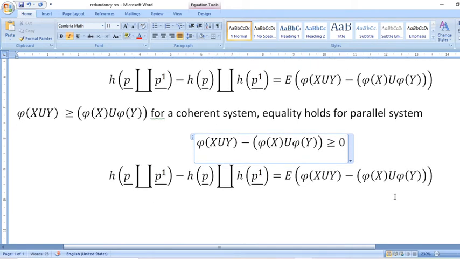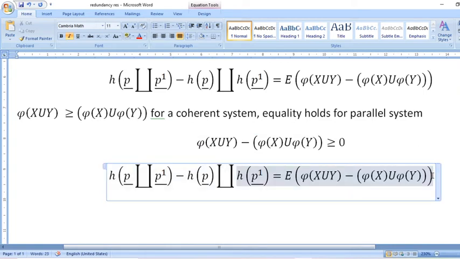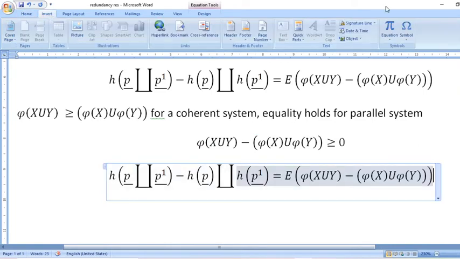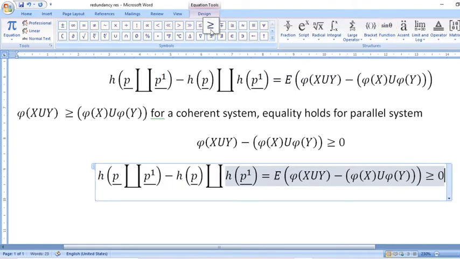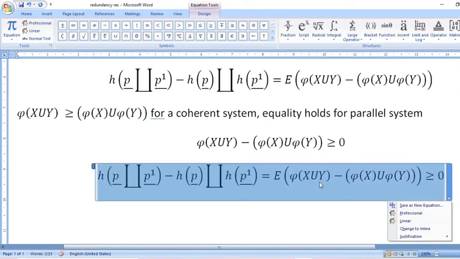So when we substitute this value, you can easily claim that this is greater than or equal to 0. So that we can ensure that